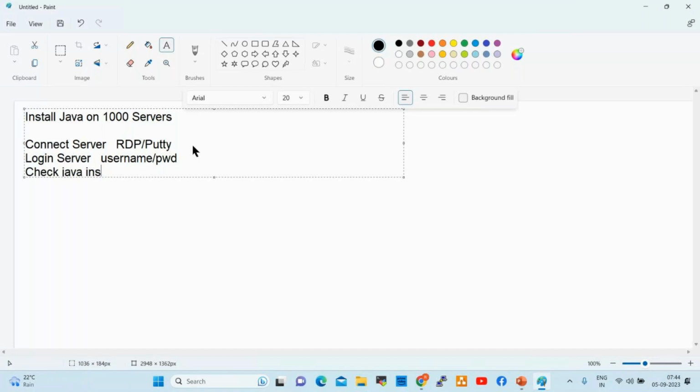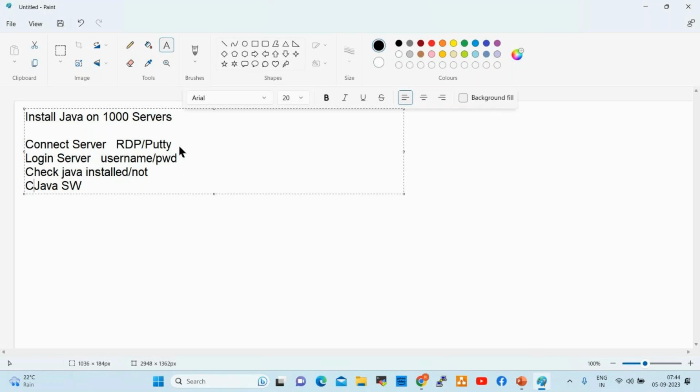If Java is not installed, we need to install it. To install Java, we require Java software, right? So how can we get the software? In real-time projects, we don't use pen drives or any external drives. We don't download any packages from the internet. So how can we get this Java software?